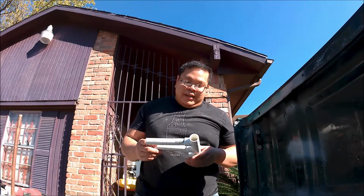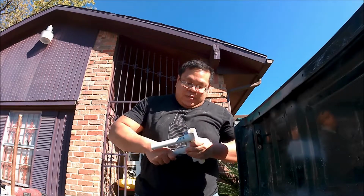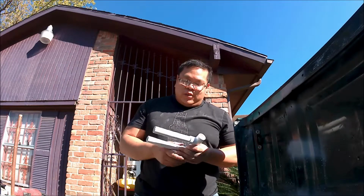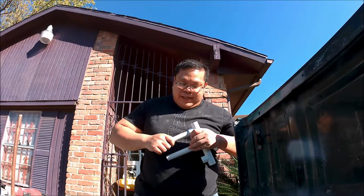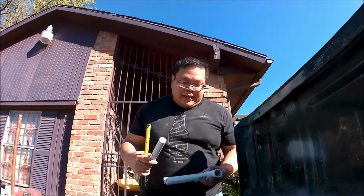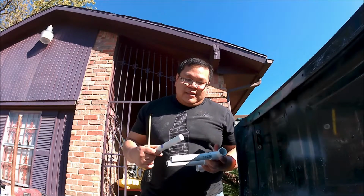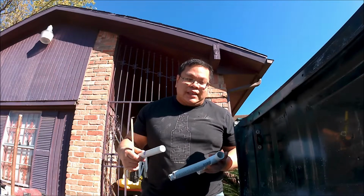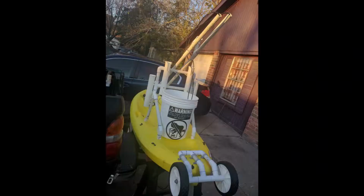Alright guys, I wanted to improve on the design a little bit. I wanted to make the wheels come a little bit lower, so I'm making a new set. So remember on the previous design, I'll show you after this the previous design, so you can see how the wheel design is. But the new improvement is